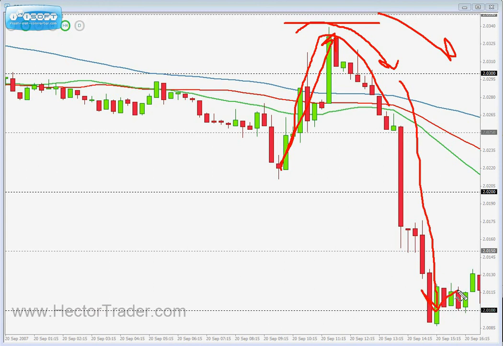As I was saying before, as more traders realize that the spike has failed, that the spike has lost the battle against the trend,